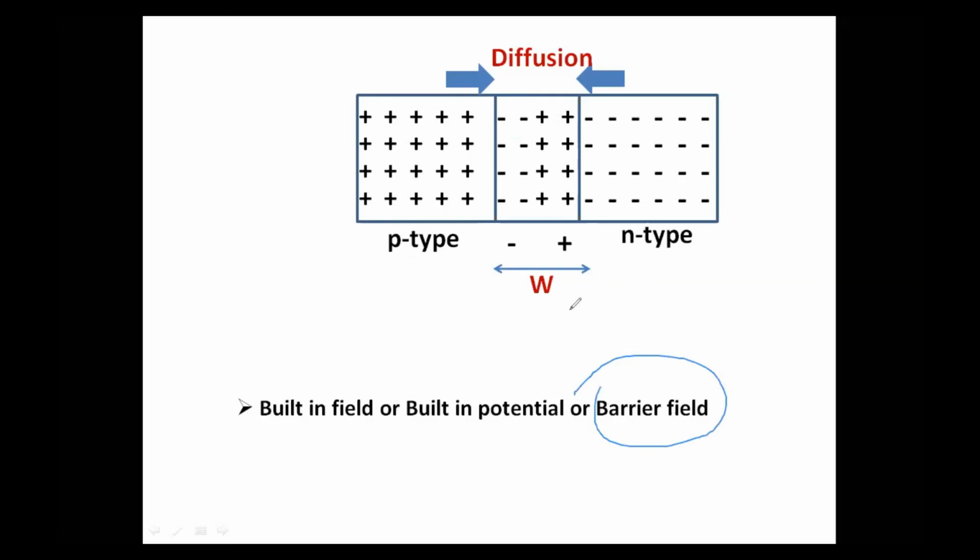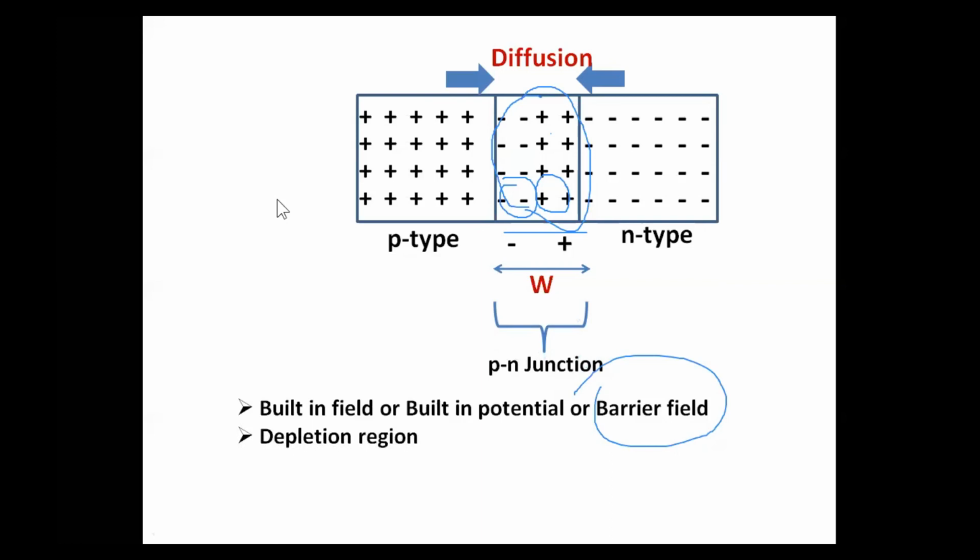Now, on the other hand, if you take this junction region, the number of positive charged particles must be equal to the number of negative charged particles. That means if you take this entire p-n junction region, there is no net charge. There is a depletion of net charge. Net charge is 0, and hence this region is also known as the depletion region. So this is how the p-n junction is formed.